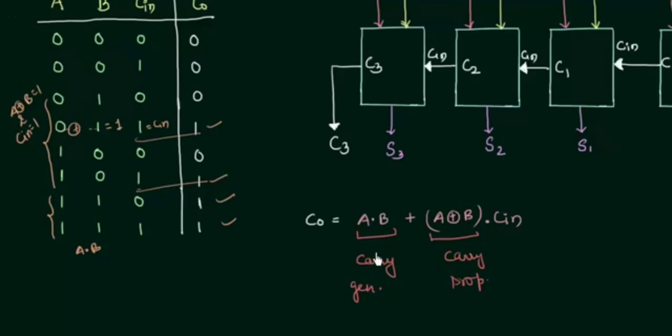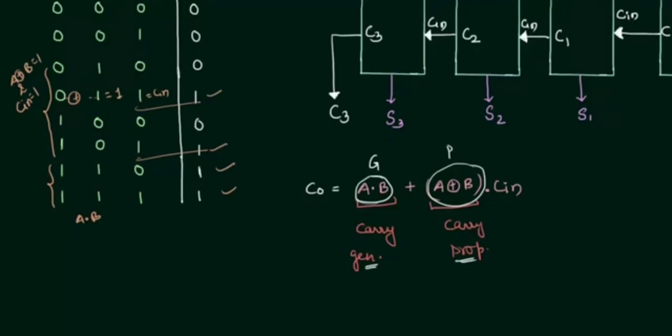but it is because there is no dependency on C in in this first case. The carry is generated depending upon A and B only. In this case the carry is generated when the carry from the C in is propagated as 1, so we call it carry propagator. There is nothing big in that. I just mentioned the name. If you want to remember it, it's good. If you don't want to remember it, it's okay. It just helps us to recall that we call this part G and this part P, depending upon generator and propagator.